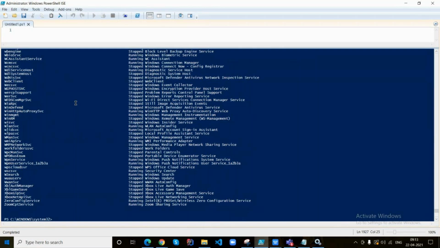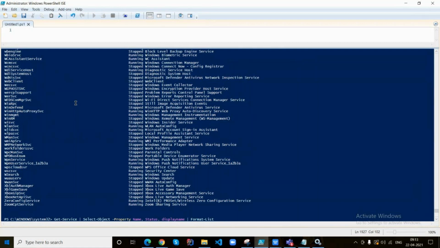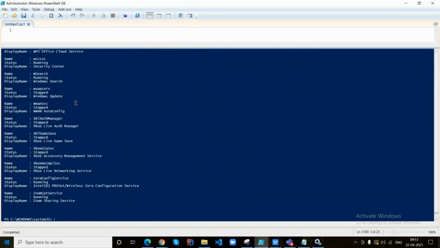Okay, now pipe this command to Format-List. Give a space and type the pipe symbol, then use Format-List.